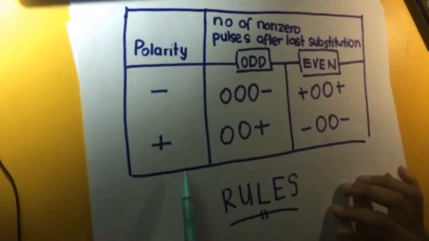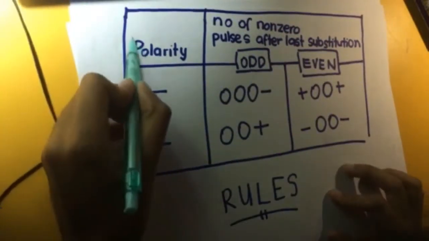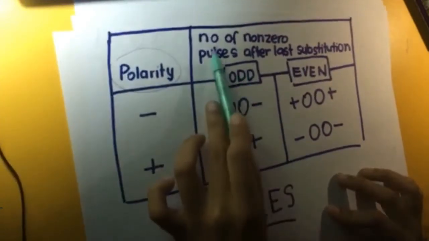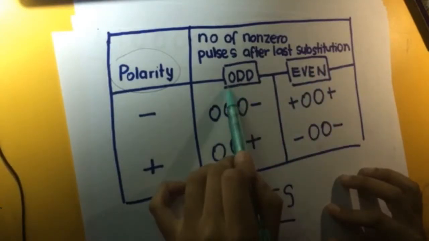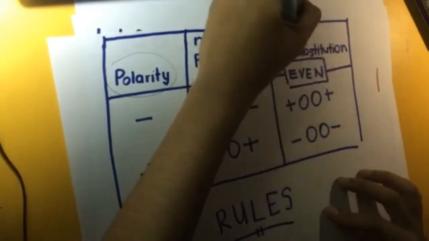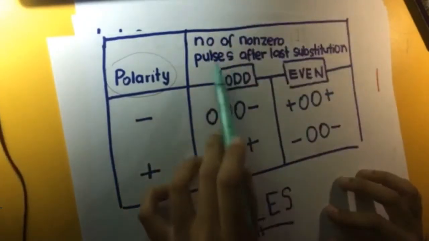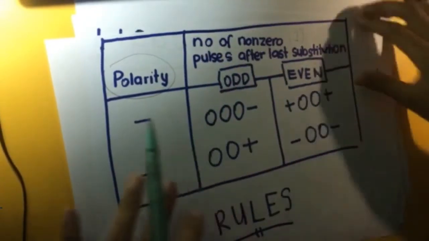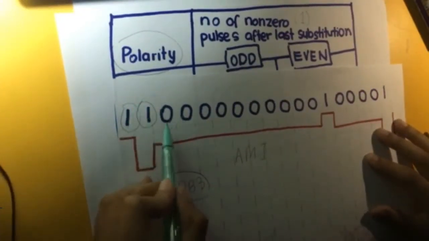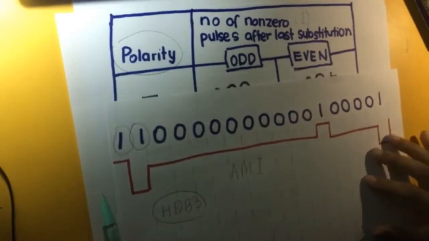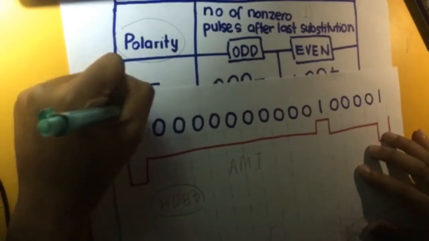Okay. There are 2 rules that we have to consider, which are the polarity and the number of non-zero pulses after the last substitution, whether it is odd or even. Non-zero means 1, the number of ones passed after the last substitution. When we take this example, we have two non-zeros, which are 1s, after the last substitution, and so 2 is an even number. So we're going to look at this